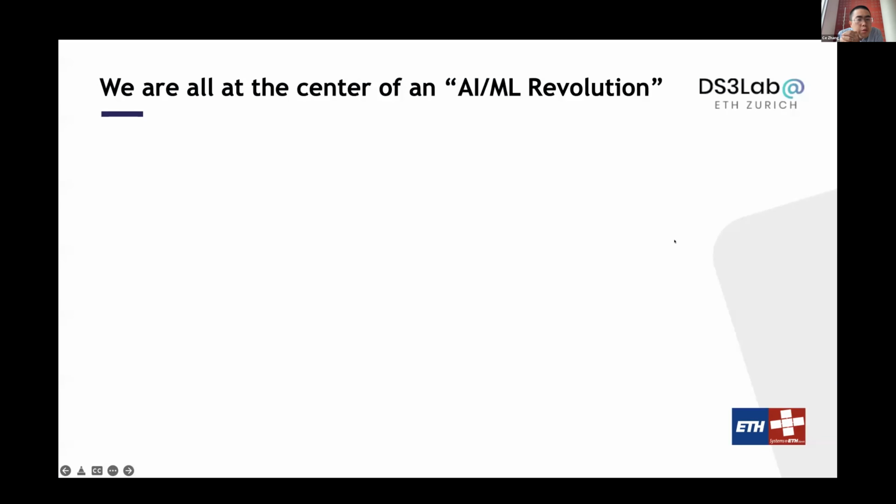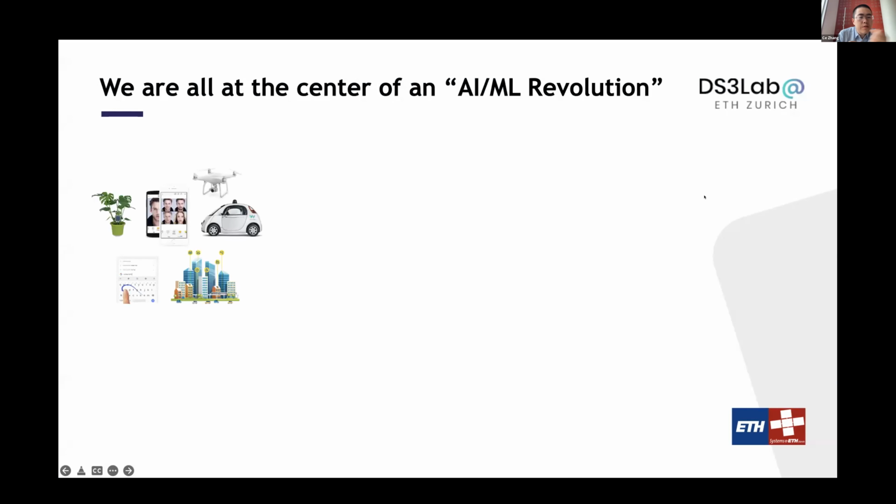I think everyone here agrees we are in the center of something fascinating, right? And probably a revolution of technology. So we see the success story of machine learning really everywhere, from smaller sensors to self-driving cars, even to as big as a smart city. And at the country level, right? So we also have a whole bunch of initiatives. I'm sure the Netherlands has a bunch of amazing initiatives, right?